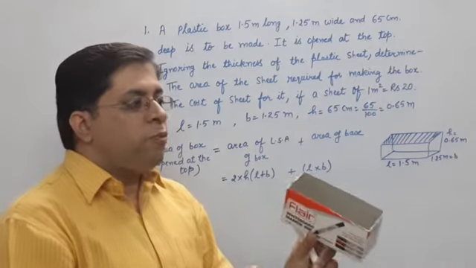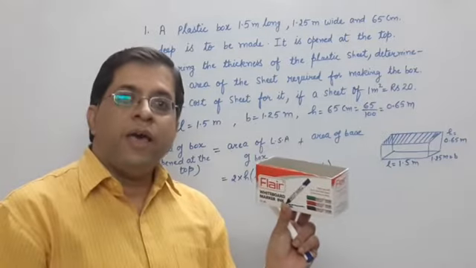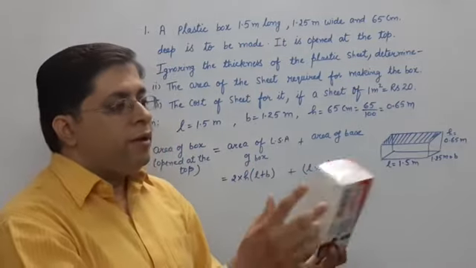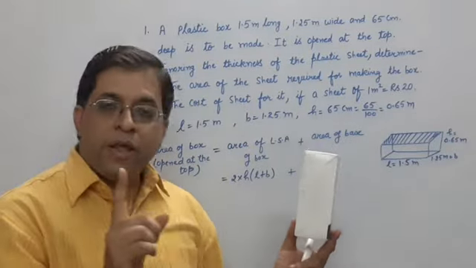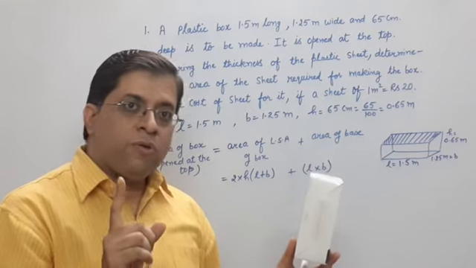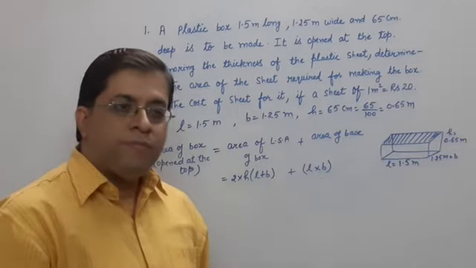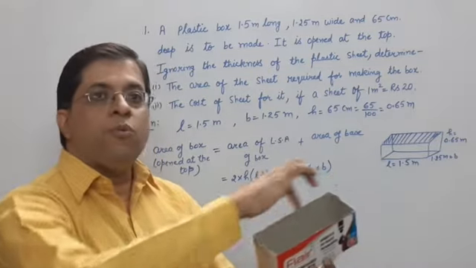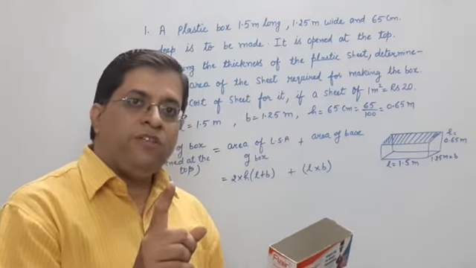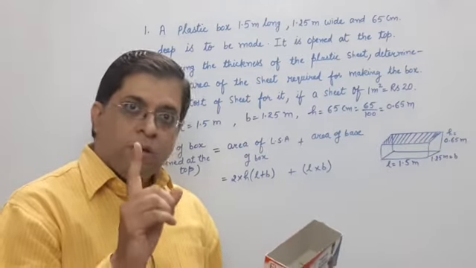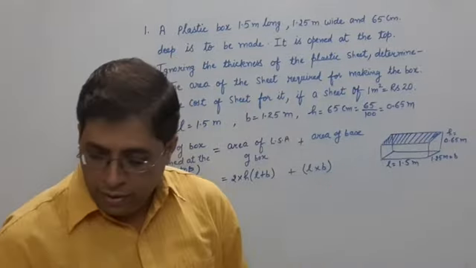In this box I want the area of 4 sides, which I can say is the LSA, and the area of the base. The base is in the shape of a rectangle. Area of rectangle is L into B, so the area of the base is L into B. And the LSA of the cuboidal box is 2 into H in bracket L plus B. Then we put the data in and get the answer.